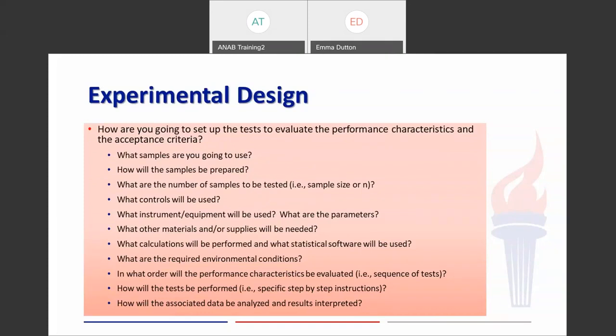The equipment that's going to be part of this, and has the equipment already been verified? What parameters do the equipment need to be set at? And then what other materials or supplies will be needed? Also, don't forget to think about the calculations that you're going to be performing and any statistics in the software that you're going to be using. And then, of course, any of those required environmental conditions that need to be controlled, and then how you're going to